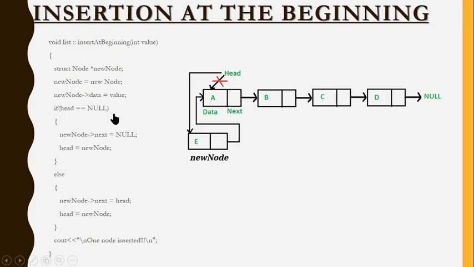That means there is no node that I have created so far. That's the meaning of this. If there is no node, get into the definition part. So what is the rule which I set? I need to make this part as null and then I have to assign this one as head.